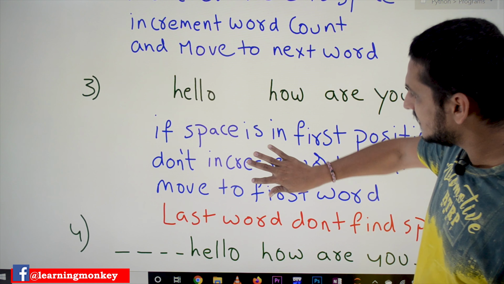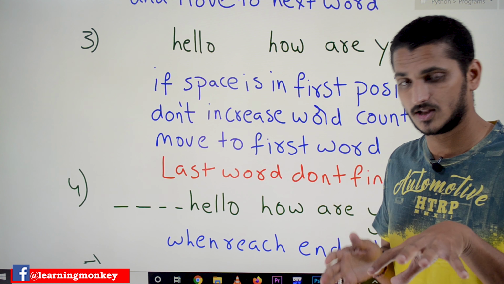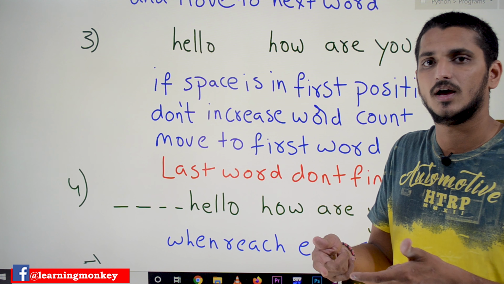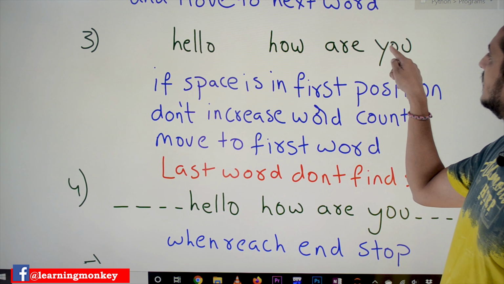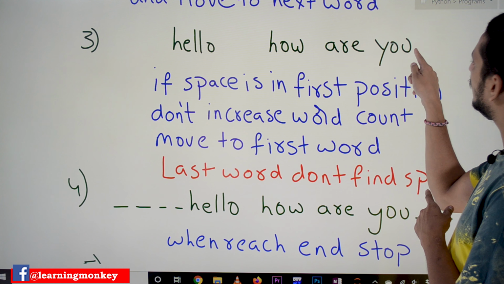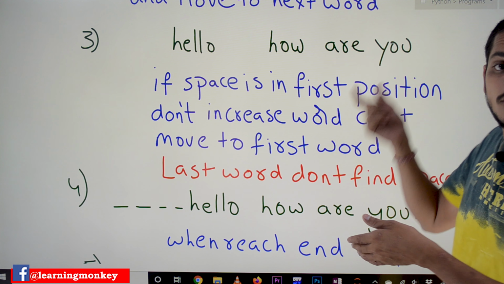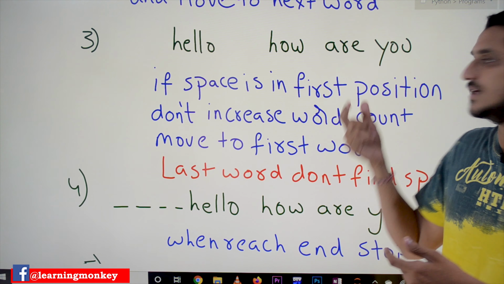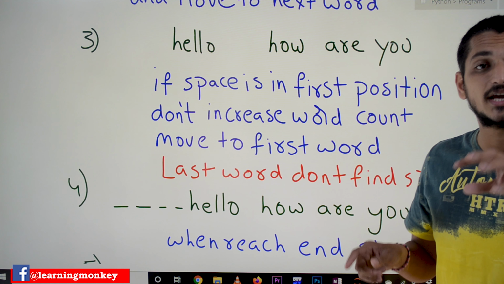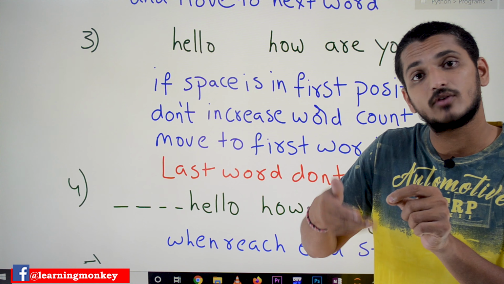Take the next example, and in this example we have to identify one more thing. The logic which we identified is, whenever we find space, we have to increase the word count. But this doesn't work for the last word. See here, r space: whenever we find the space, we are increasing the word count. But for you, that's the end of the string. For the last word we are not getting the empty space. So this condition is also taken into consideration. If you are reading the last word, sometimes we may not find the space.